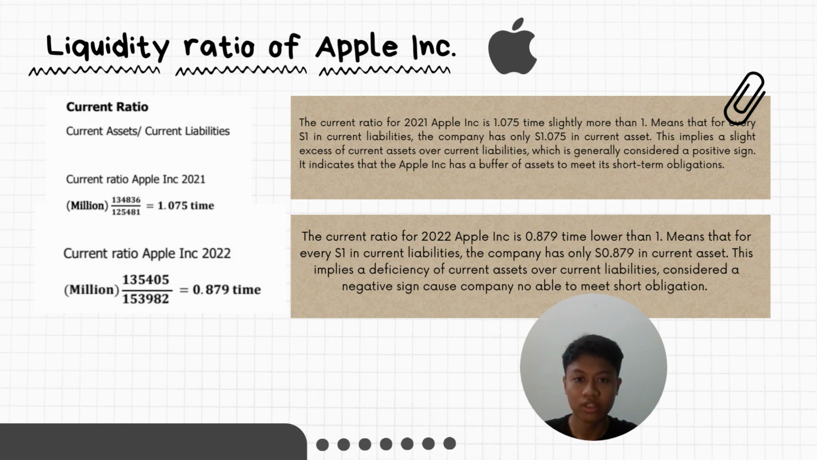This implies a slight excess of current asset over current liabilities, which is generally considered a positive sign. It indicates that Apple Inc. has a buffer of asset to meet its short-term obligation. The current ratio for 2022 Apple Inc. is